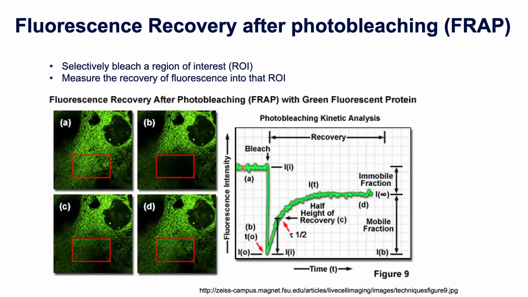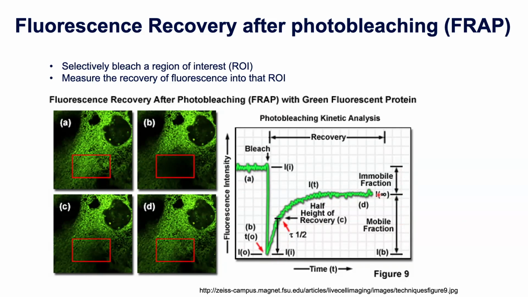So here we are up on A, pre-bleach. We then go in and bleach out the majority of the fluorescence. So this is step B. And then over time, we're looking at the recovery of the intensity within that region of interest. And there's a couple of quantitative readouts that we can use there. So we can look at the T-half, so how long it took to half recover, which gives you a readout of the mobility. But then we can also look at the immobile and mobile fraction. So how well did it recover back up into